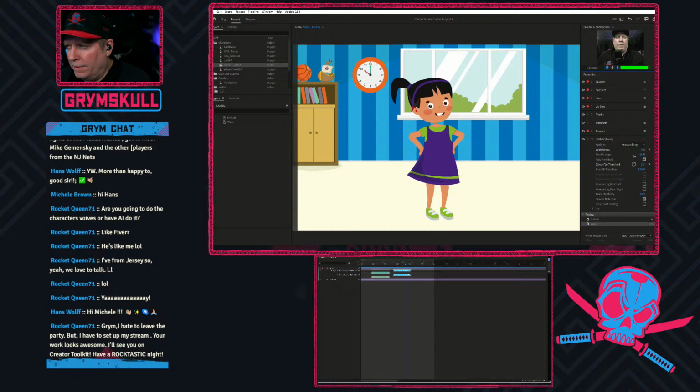Let's try the bend strength a little lower. Yeah, that's too much. It's getting all wonky, so we may have to mess with that a bit to get the bend we want, so that it looks natural.